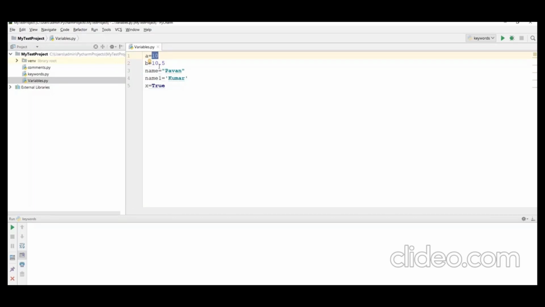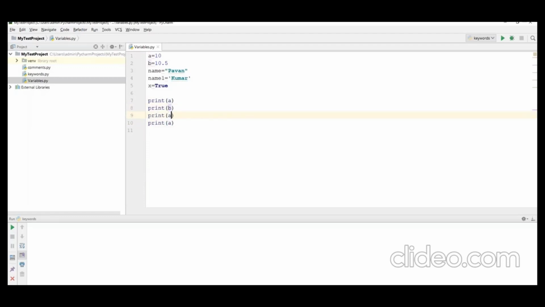Now I have created a few variables and assigned some values to them. Now I will print those values. If I want to print these values, I have to use the print command. In Python 3 versions, we have to put the parentheses. This is mandatory. But in Python 2 versions, we don't need to put the parentheses. So here I will print the value of a, and similarly I will also print the value of b and the other values.